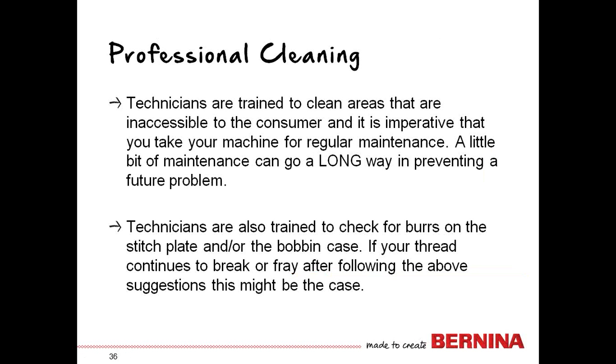Although you may be doing a great job at keeping the machine clean, follow the machine's manufacturer's suggestion and take the machine in for its routine cleaning. Technicians are trained to clean areas that are not accessible to us as consumers, and it's imperative that you take it in for its regular maintenance. A little bit of maintenance can go a long way in preventing a future problem. And technicians are also trained to check for burrs on the stitch plate or the bobbin case. So if your thread continues to break or fray,